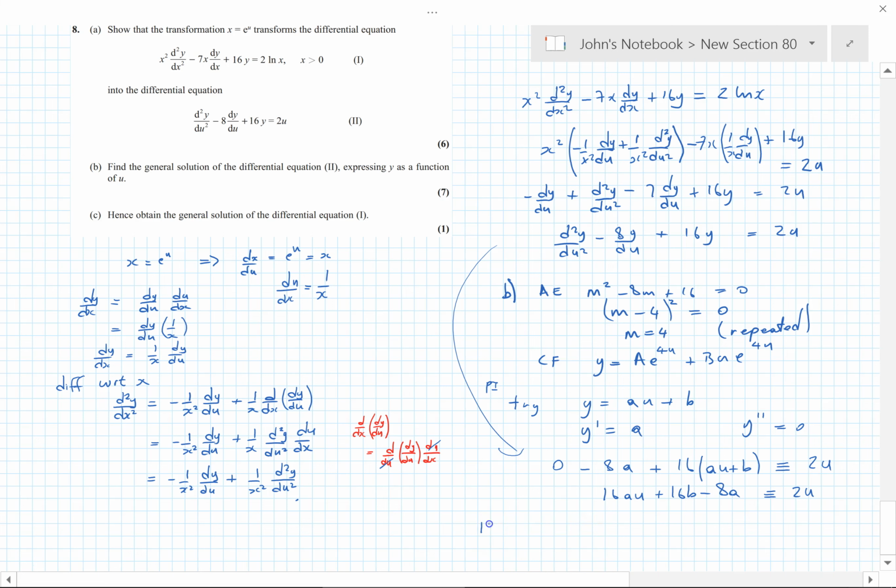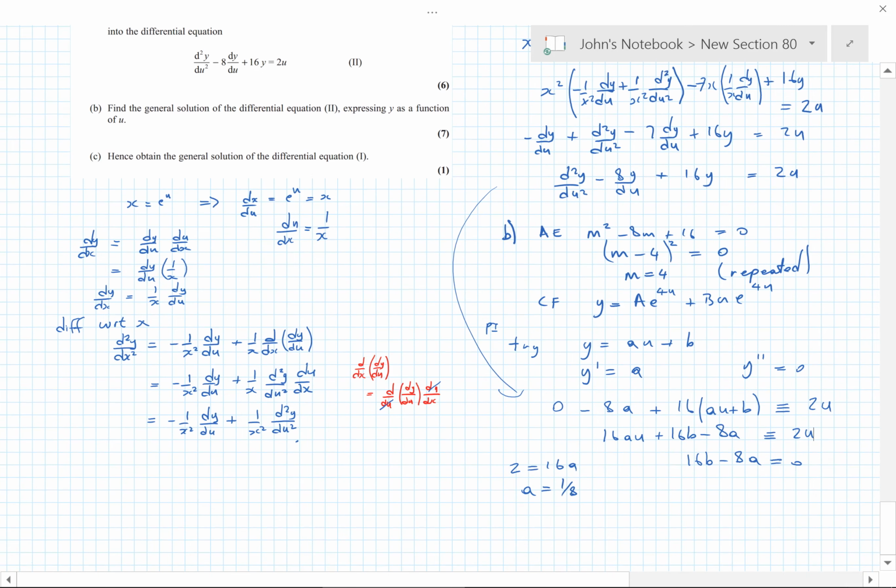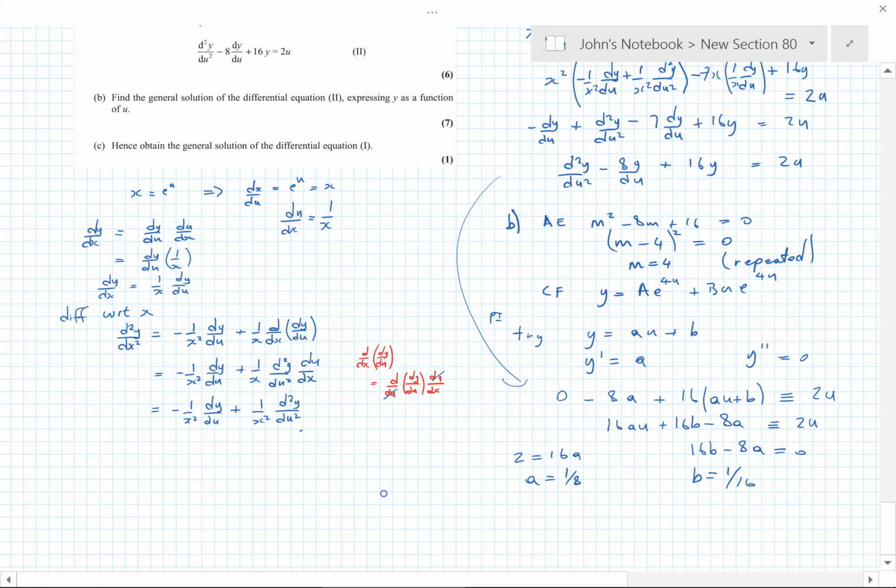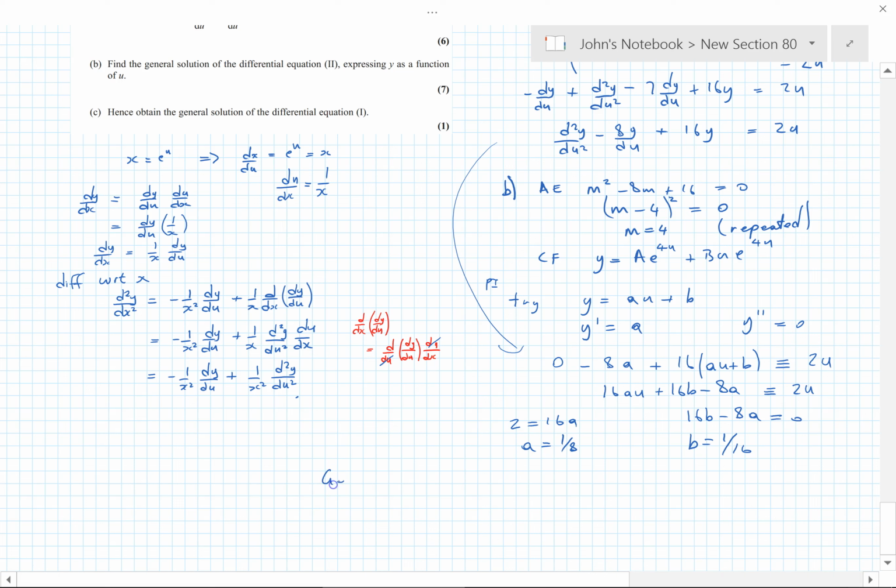So first of all, 2 must be equal to 16a, so that gives us a is 1/8. But also we've got 16b minus 8a must be equal to 0 because there's no constant term here. So we've got a is 1/8, so that gives us b is equal to 1/16. So that's telling us the general solution